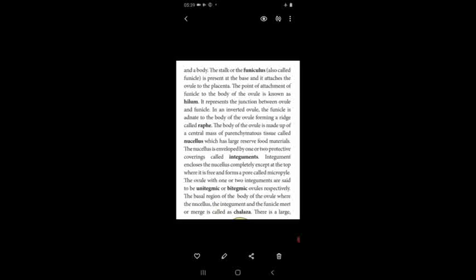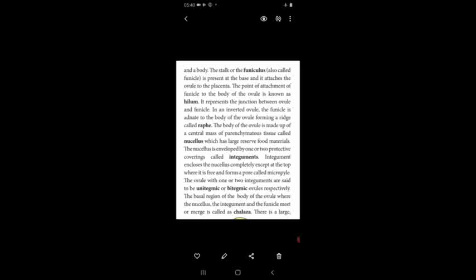The funicle is adnate. Adnation, connation, we have studied in 11th standard. Adnation means the floral parts which are attached together, that is said to be adnate. Connate means the floral parts which are attached to the other floral whorls. So here the funicle is adnate or joined to the body of the ovule, forming a small ridge-like structure